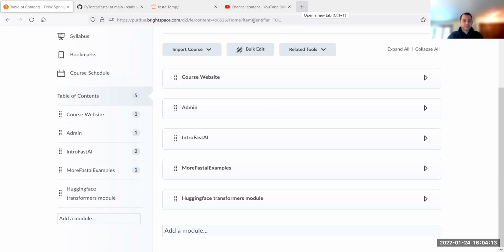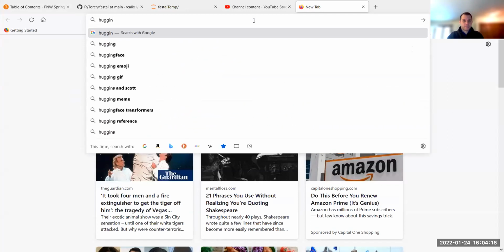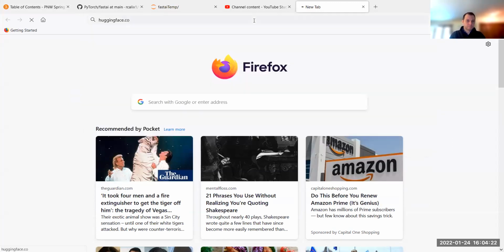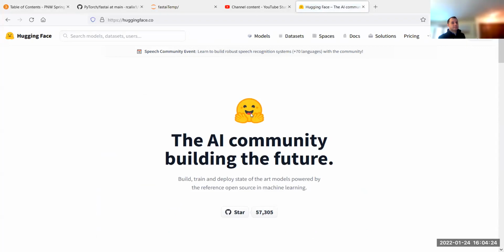So let's actually go to their .co. So you can see that there. That's that little emoji from the phone. That's where they get their name from. But they've developed a pretty interesting thing. And I wanted to point out to you how this field of data science and AI is probably going to look in the future. So what they do here, this is a hub online where people basically exchange models.